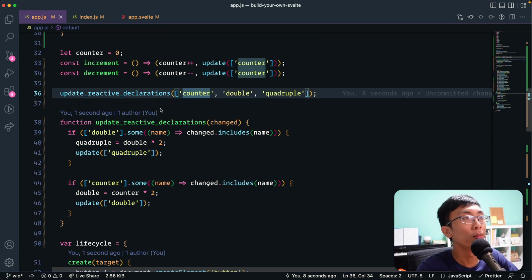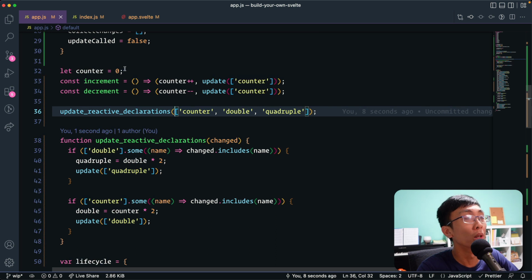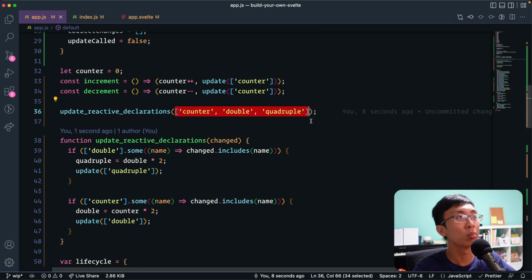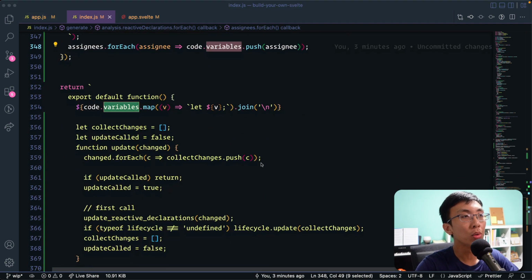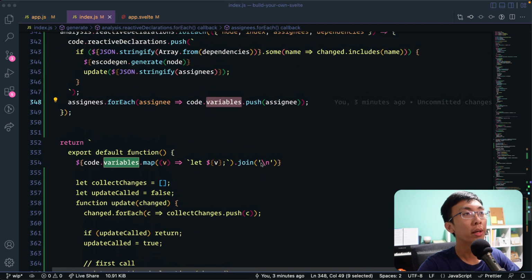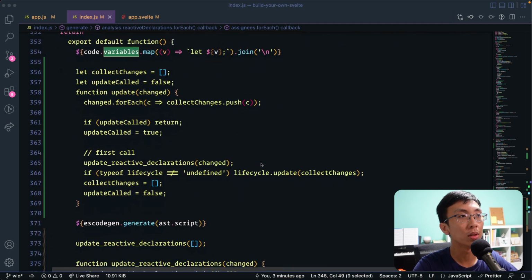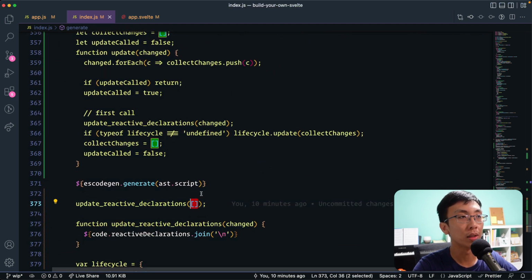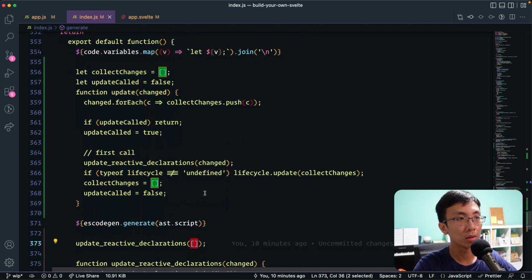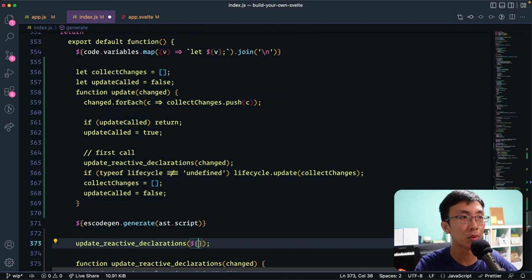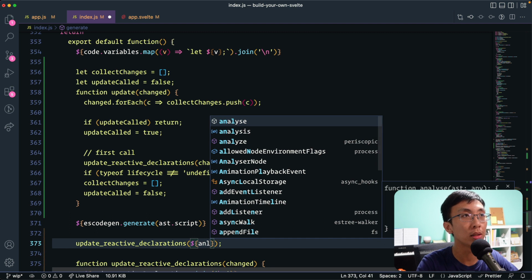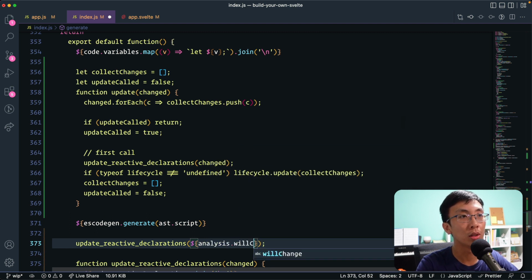I don't really know. So first I am just gonna write this first because it makes more sense naturally, but it's more code, but we can optimize in terms of the code. To do that, basically we need to know all the variables that will change, and we add them in, right? So that is more straightforward. We know what will change, right? Because it's in the analysis dot will change. Let's stringify this,